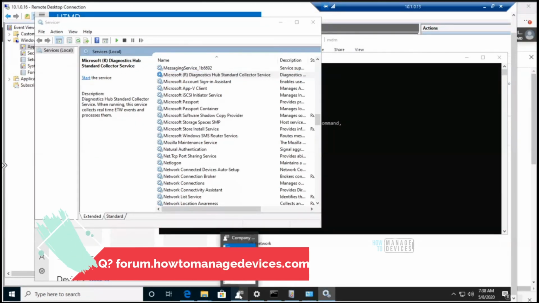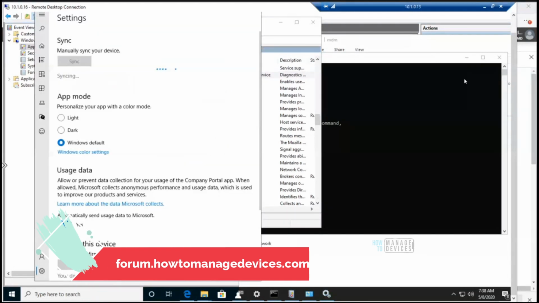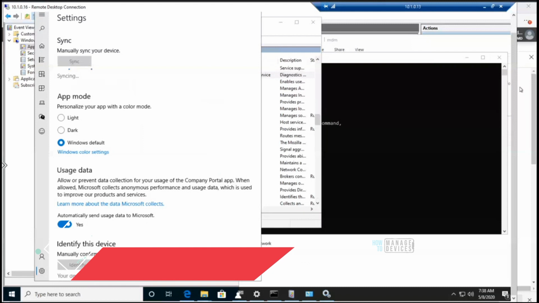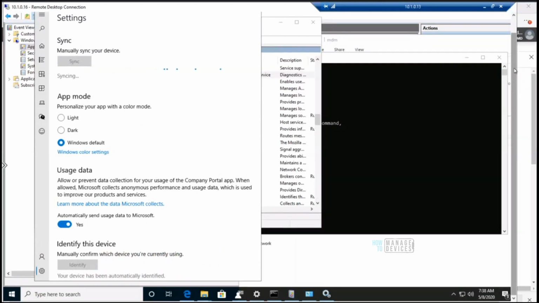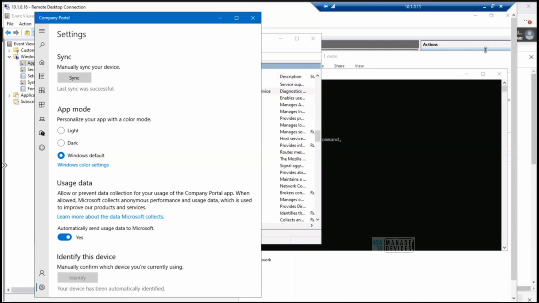So let me sync this, to get the new policies, so at least it comes to know that a new policy is there. Remember, we have not deployed any additional agent through Intune. We just deployed an application through Intune Win format, we didn't do anything else.